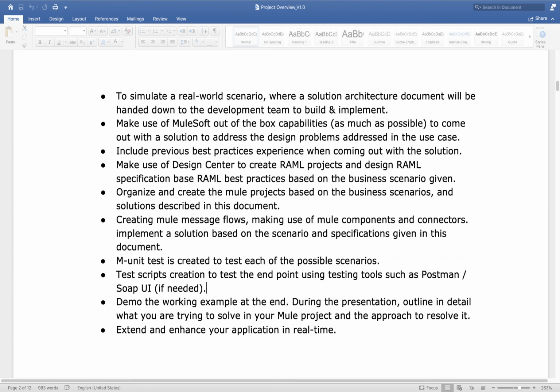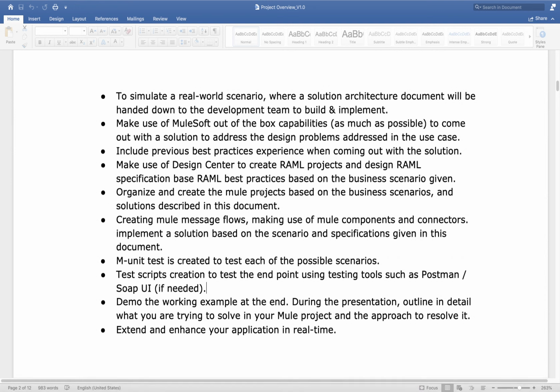Generally, as a developer, it's our responsibility to consider all those things, but the testing team verifies whether what we developed matches the business requirements or not. They are involved in SIT and UAT testing.